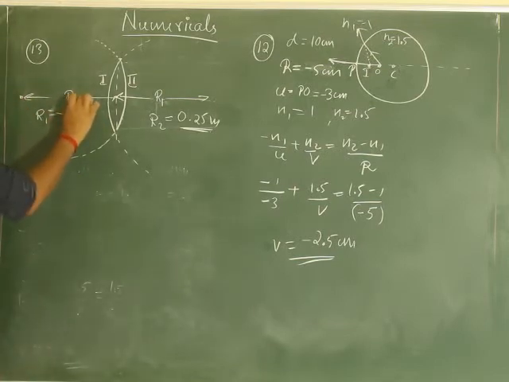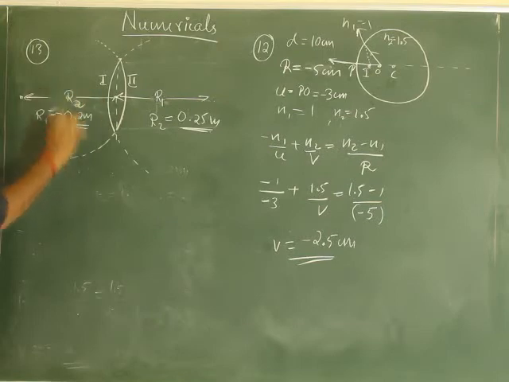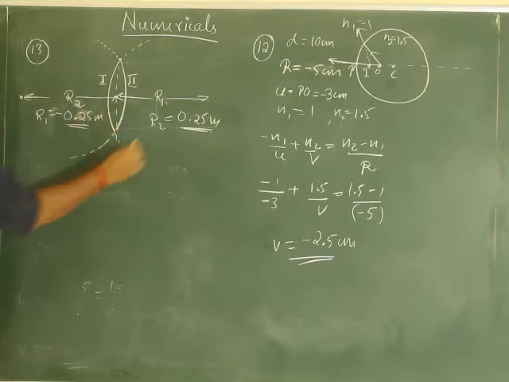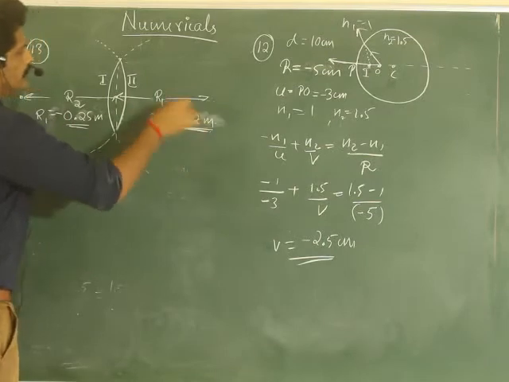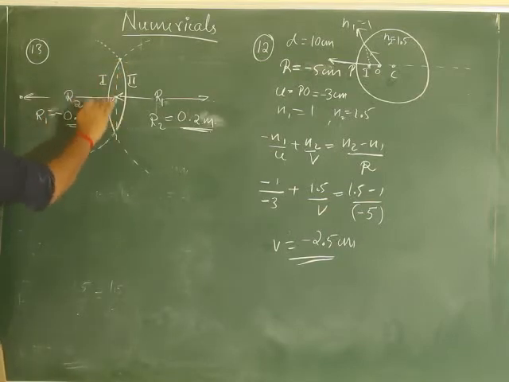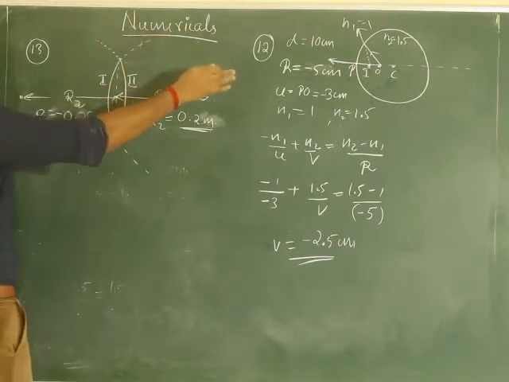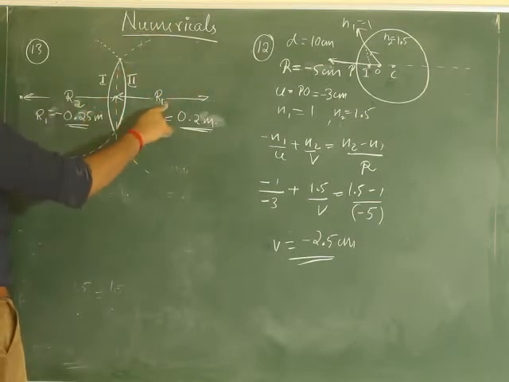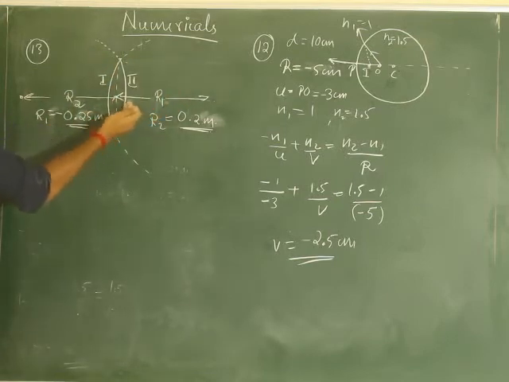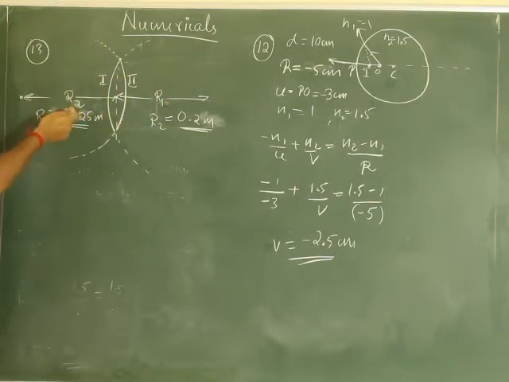So I will take this one as R2. Okay. So now R2 will become how much? Okay, I'll just make it simpler now. Don't want any complications. So this is 0.2 meter. I think now you can understand easily, like the derivation we have done. So when you look from this side, this is the first face of that. So when you continue that, the entire thing will become the first face. So radius of curvature of the first face is R1 I have taken. Okay, now I think you understood. So this is the second face from the left side, if you see. So second face continued means this becomes the second face. So second face radius of curvature R2 I have taken. Like that I have taken.